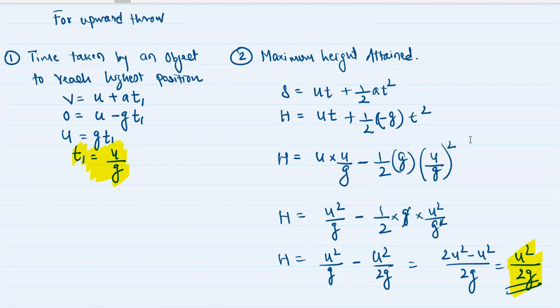Suppose you're throwing a ball or a body upwards, okay, and you have to find certain things. Number one, time taken by this body to reach the highest position, maximum height. I want all of you to note this down. Okay, please note it down because these derivations will be helpful in certain questions. Okay, final formula is definitely helpful for solving numericals, but certain numericals are derivation based where we will follow the same technique.